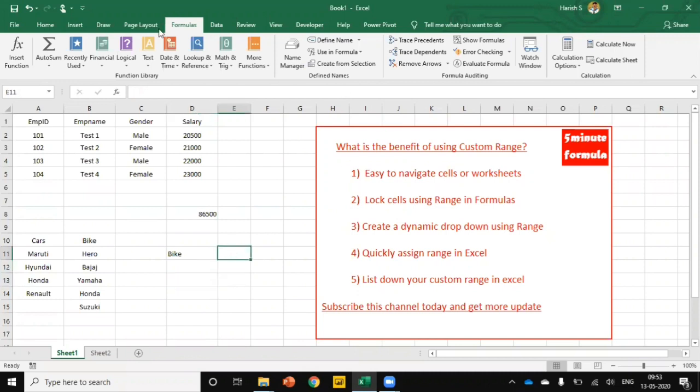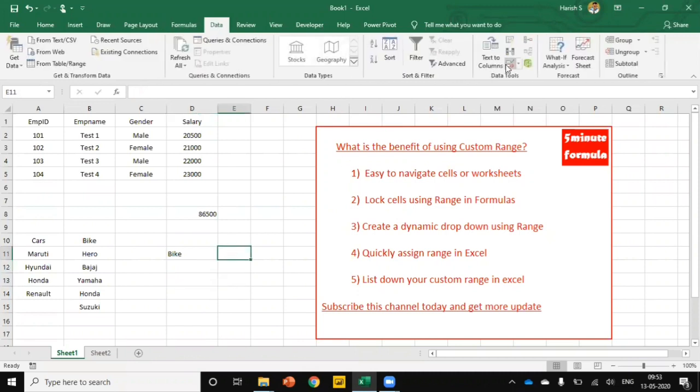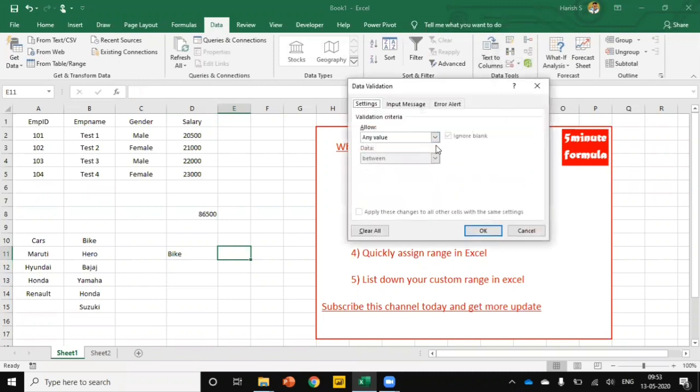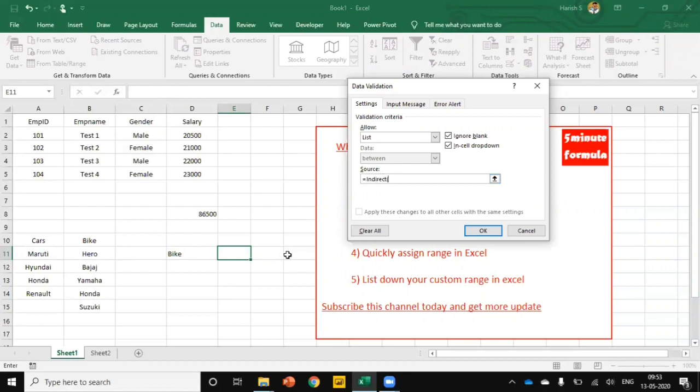Select this cell, go to the data, use data validation, and this time I am choosing list. Place your cursor and add an equal sign, type in the word indirect, open a bracket and select this cell, close the bracket.